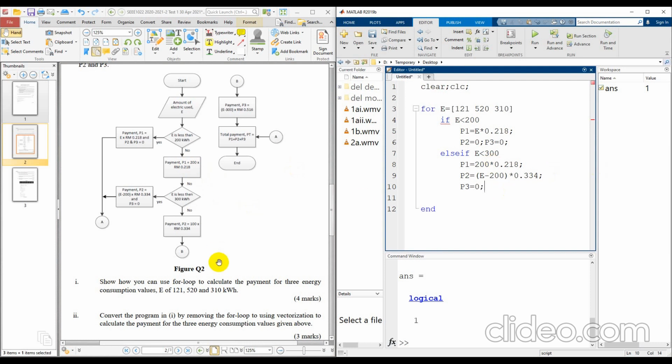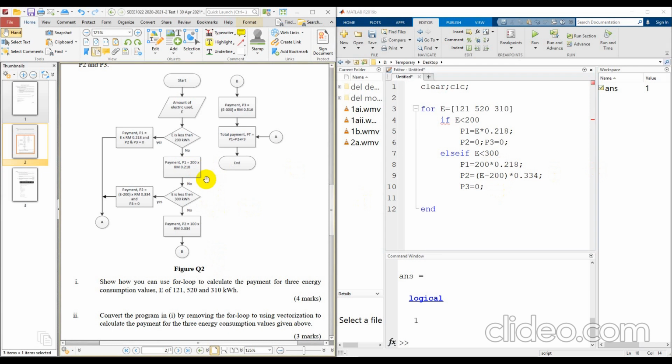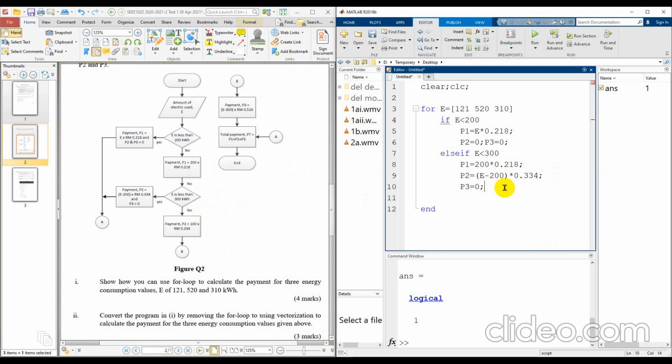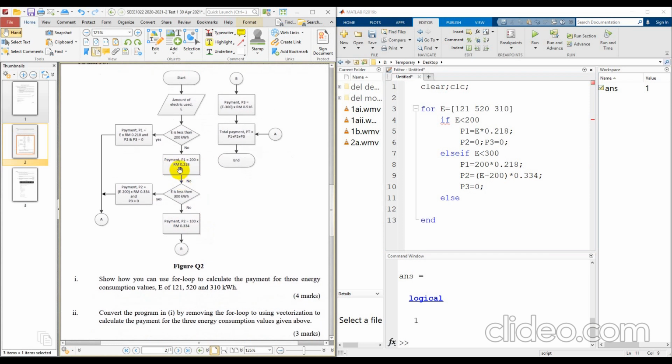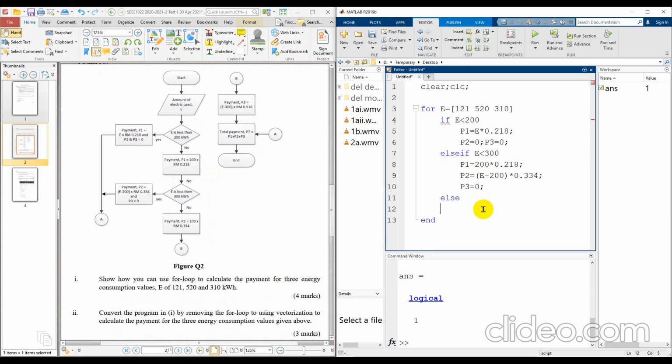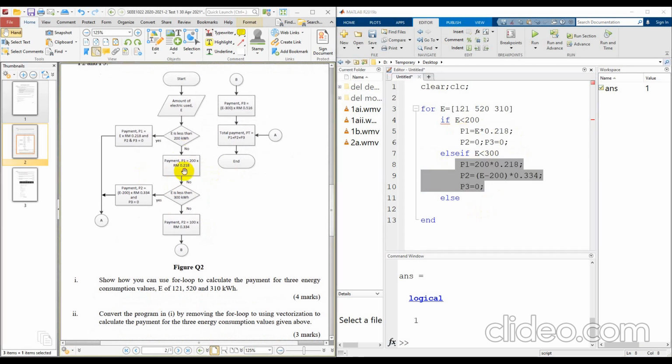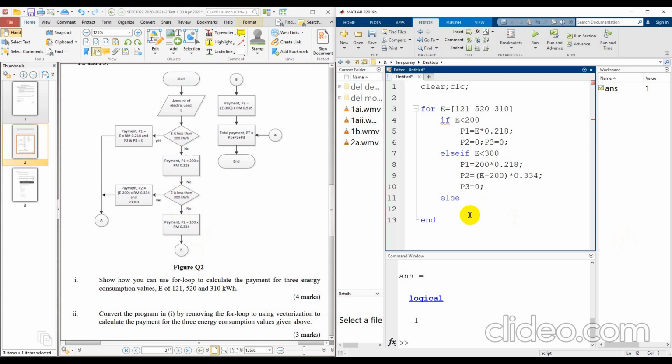Okay, so of course, next, else. Okay, else means this one. Okay, but the problem is you have calculated P1 here. So when you transfer to coding, you also have to mention it, because in coding, if they run, they only run inside here. But this here, it already run P1. So be careful, because in MATLAB it only run inside the condition. So of course P1 you have to copy back,